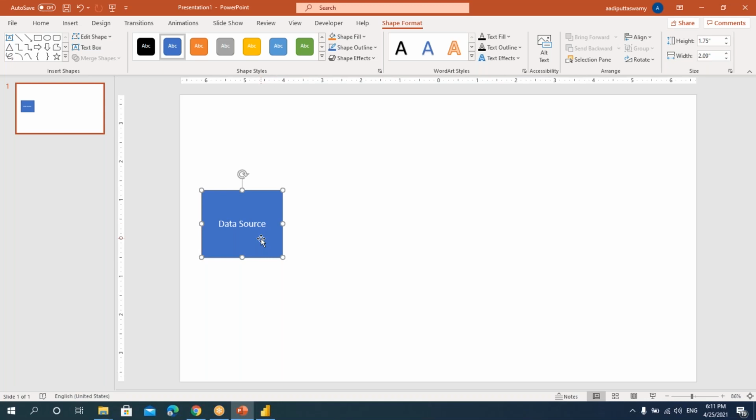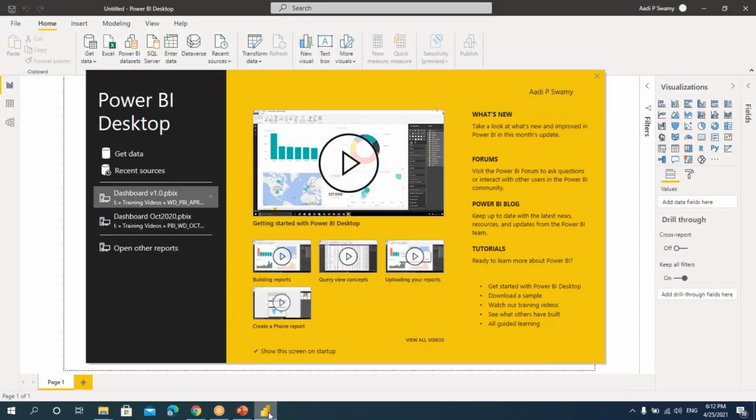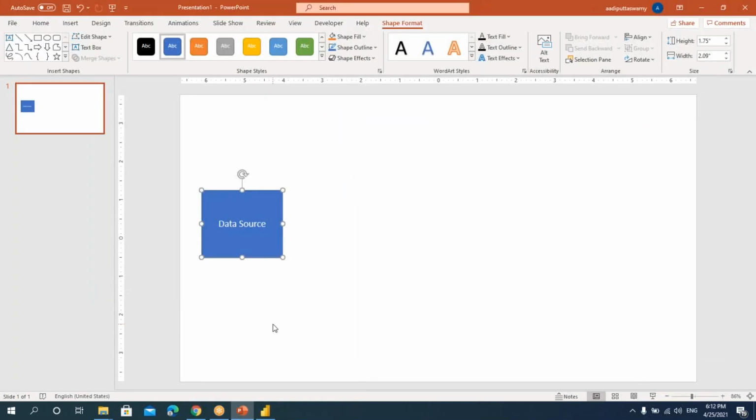But where is the data? The data is coming from various different sources. When I say source, there are various sources like Excel, CSV files, Access files, SQL Server. It can be any different kind of types. We'll be discussing that once we enter this Power BI Desktop tool.